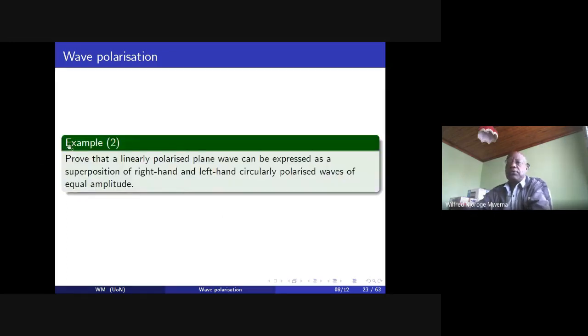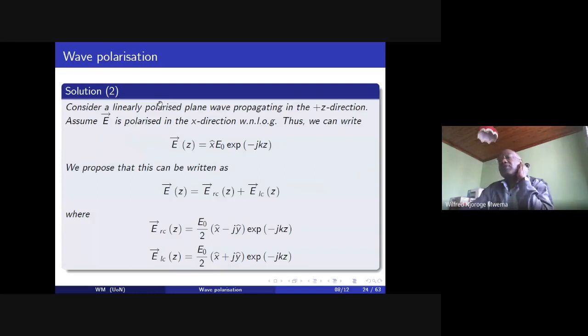So example 2: we are required to prove that a linearly polarized plane wave can be expressed as a superposition of a right-handed and a left-handed circularly polarized wave component, which are of equal amplitude. What you need to do for that is just to consider a linearly polarized plane wave propagating in the z direction. You can use the negative z direction if you like,